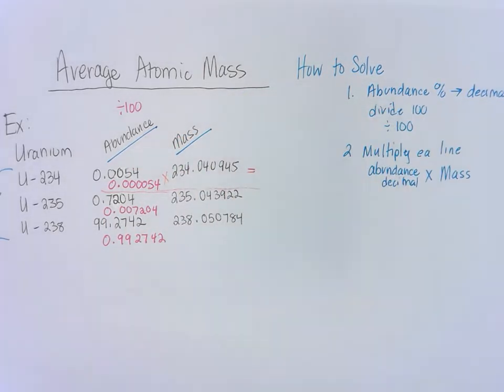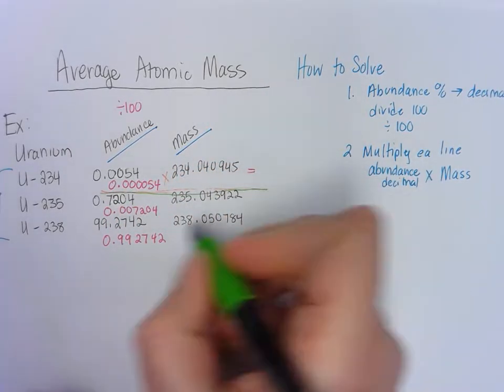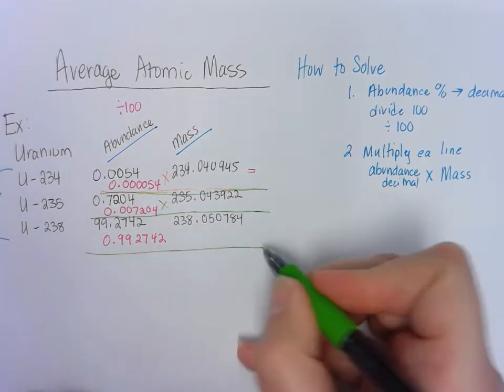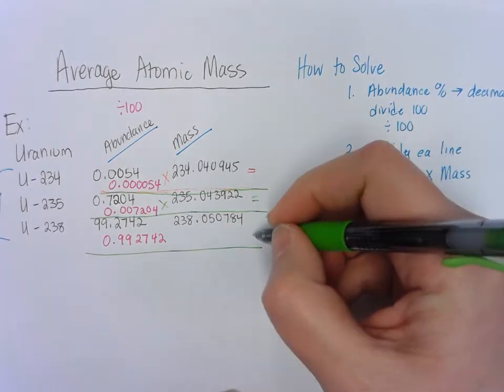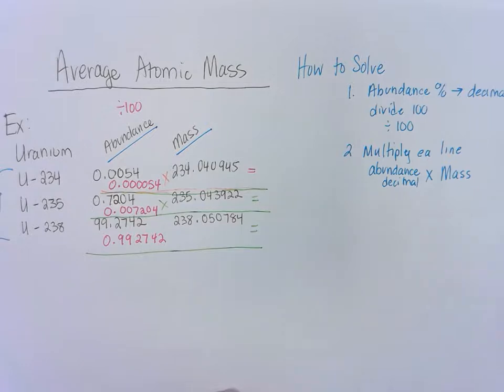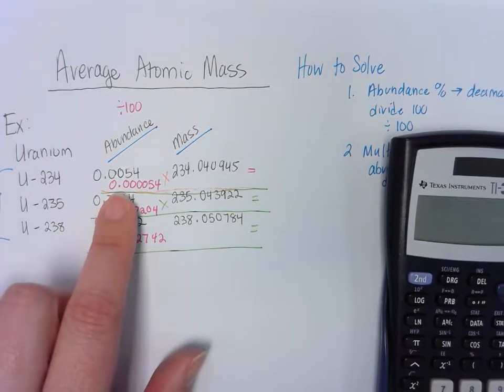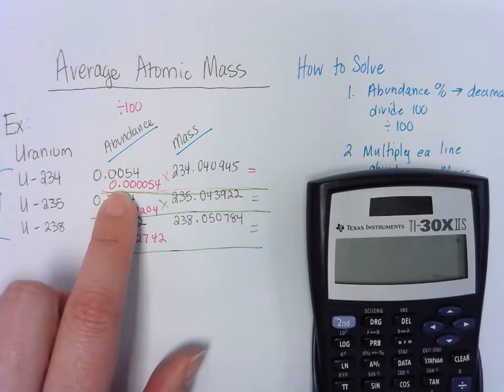Sorry, my pen died. Let's choose a different color. So we're going to multiply those two numbers, and we're going to multiply these two numbers, and we're going to multiply these two numbers, and we're going to get 3 answers. Okay, so using a calculator, because nobody does math in public, you're going to take, slide it down,